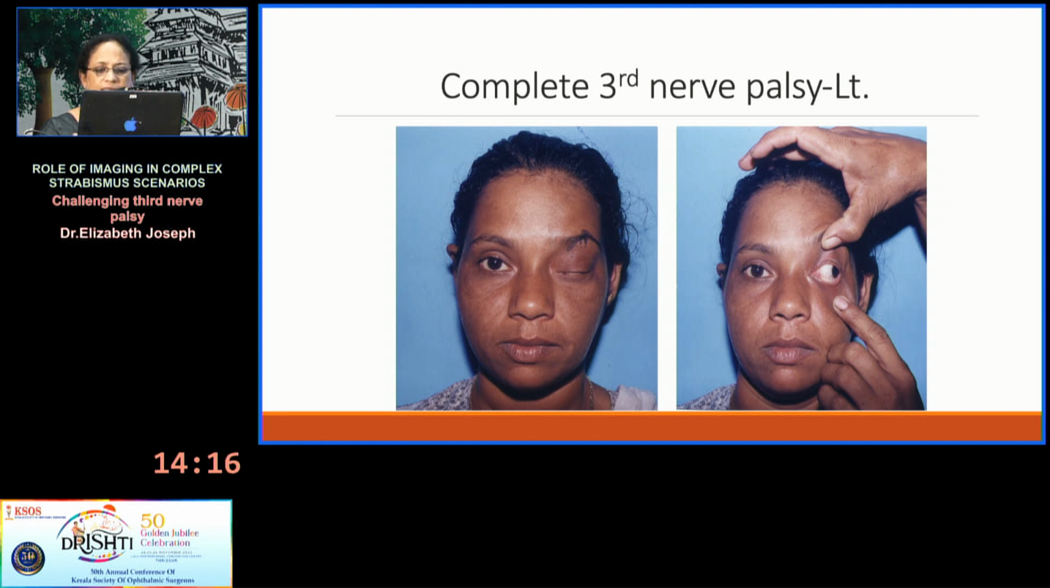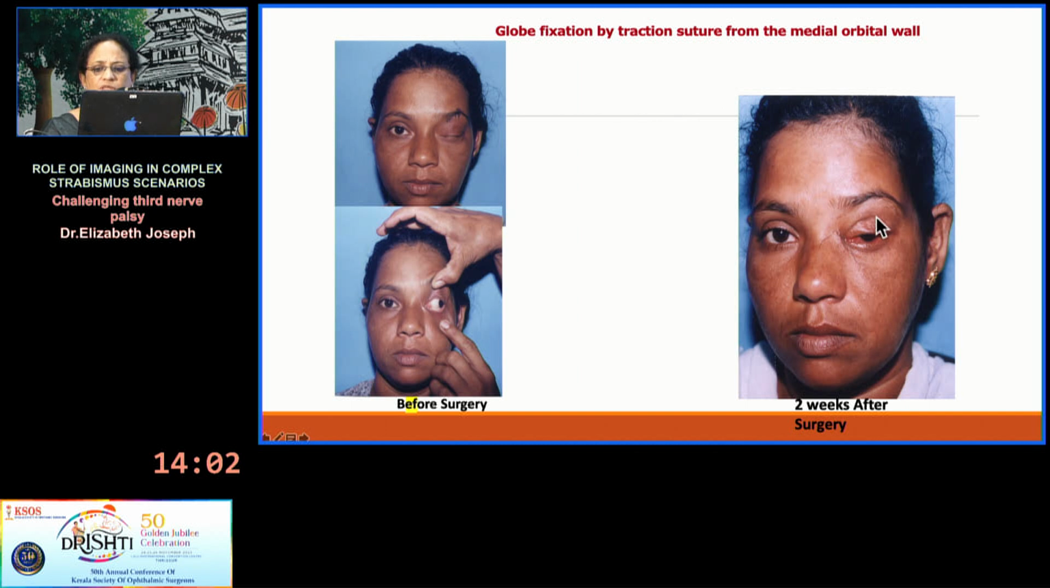Now let us see some real conditions. This is a complete third nerve palsy with total ptosis. The patient was having an intracranial tumor which was operated, and we took care of the ptosis by doing the frontalis sling, and we did a large recession, supramaximal recession of the lateral rectus with a globe fixation to the